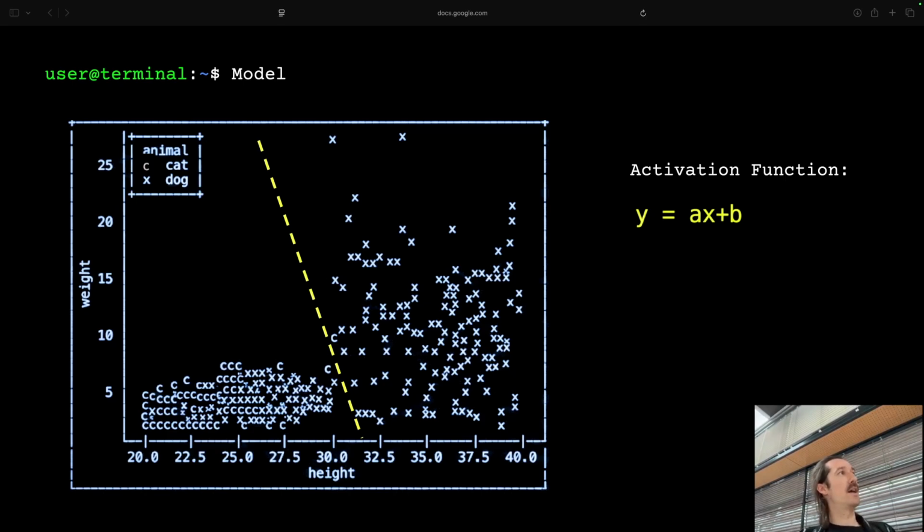And then we have a. A is a parameter. We don't know it right now. It's something we have to figure out, so to say. A is basically the angle of the line. It means exactly at what angle the line will be drawn. Then we have x. x is basically the input, which means it's our height or our weight. And then we have plus b, and b is also another parameter, but I can already tell you it's the so-called bias. b is where the line is located on the x-axis, so you can push the line from left to right.